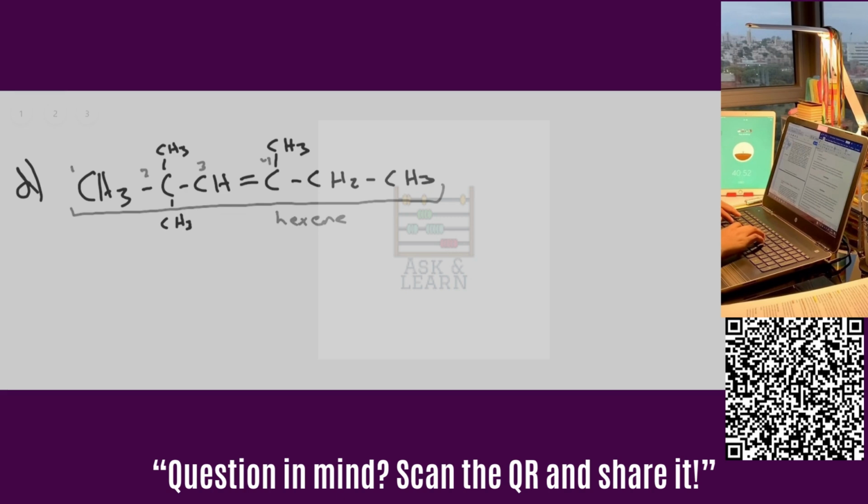So we want to start numbering from that side: 1, 2, 3, 4, 5, and 6. And we have 2 methyl groups at position 2, 1 at position 4. So we're going to write 2,2,4-trimethyl, because we have 3 methyl groups, and then the name of the carbon chain with the position of the double bond. So the total name is 2,2,4-trimethyl-3